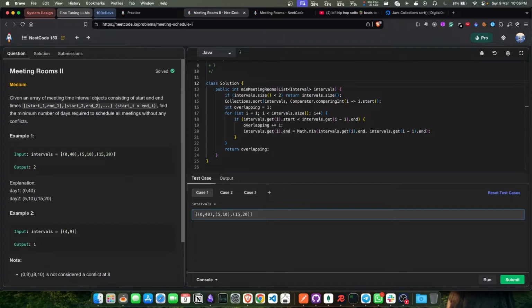Can we do something with this information now? It's a question itself. We have 0 to 10, 5 to 20, 15 to 40. We sort it. Right. And we check if